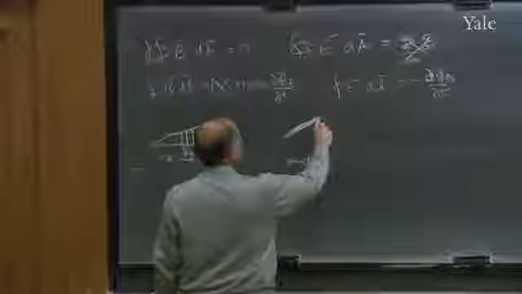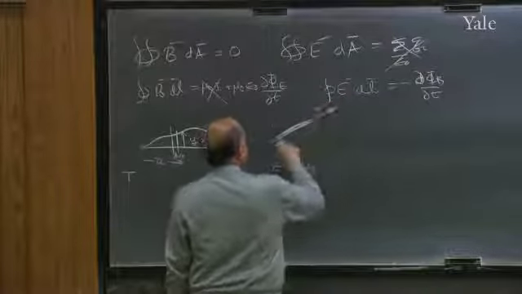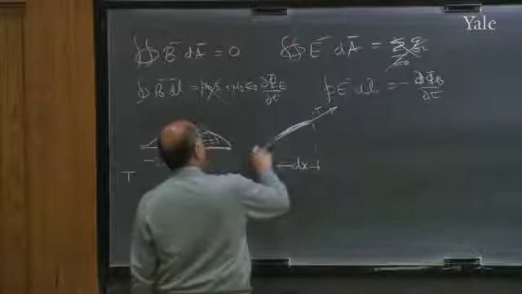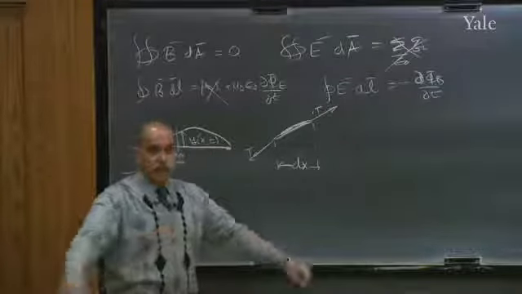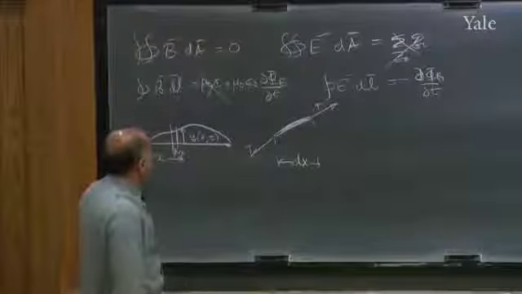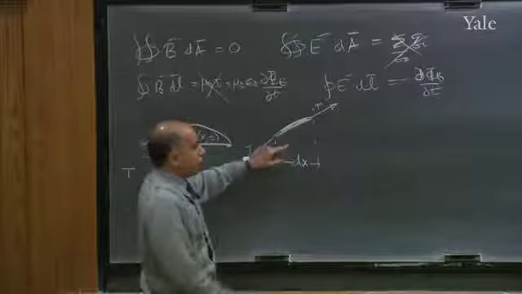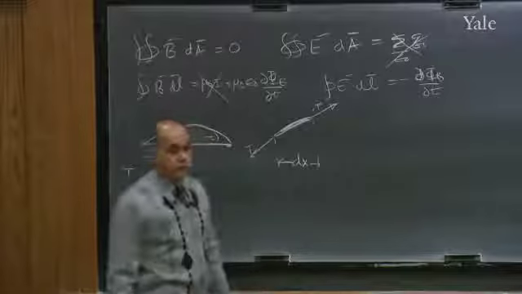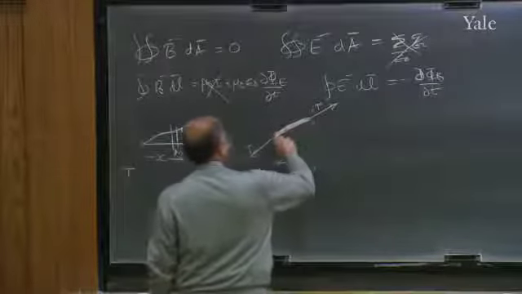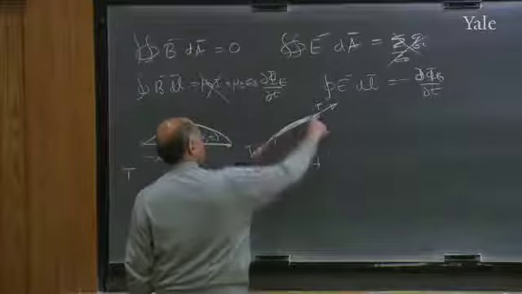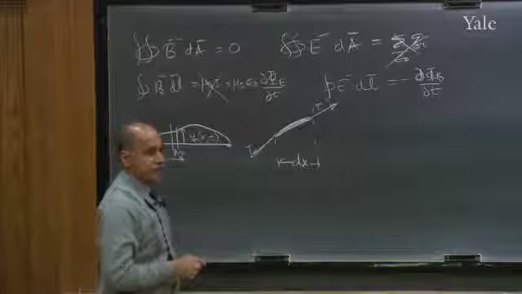It is being pulled like that with the tension T, and it's being pulled like this with the tension T here. That's the meaning of tension, pulled at both ends. If this was a perfectly straight segment, there'll be no net force on it because these forces will cancel. But if it's slightly curved, then this line and that line are not quite in the same direction, and the forces don't have to cancel.